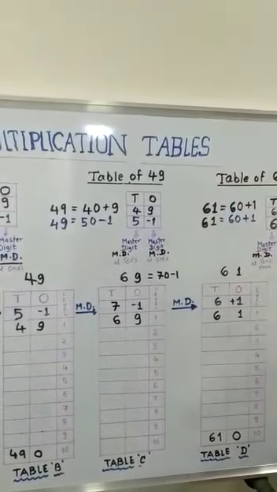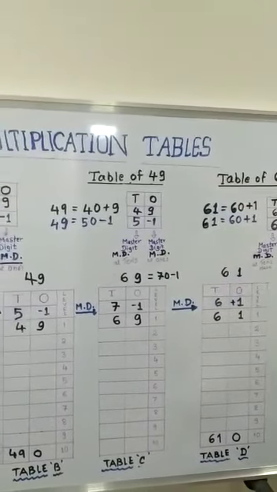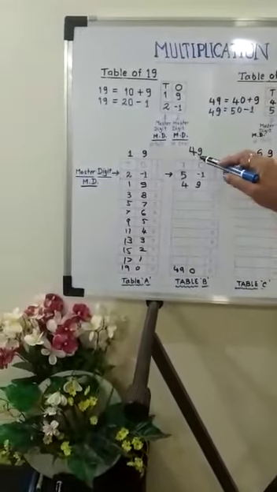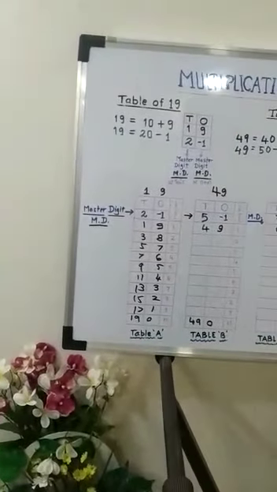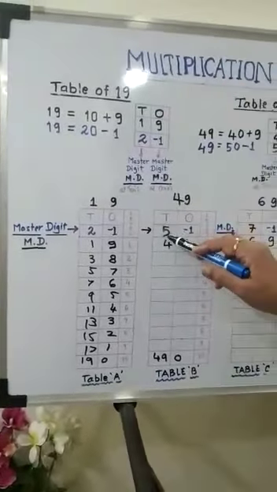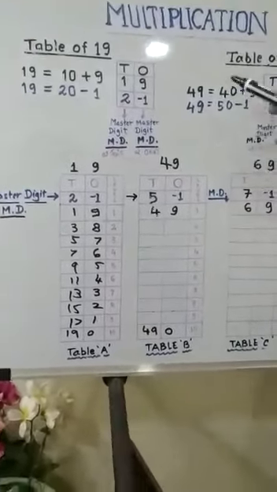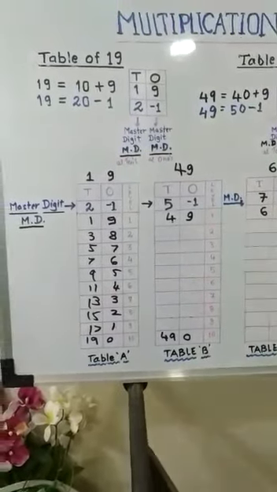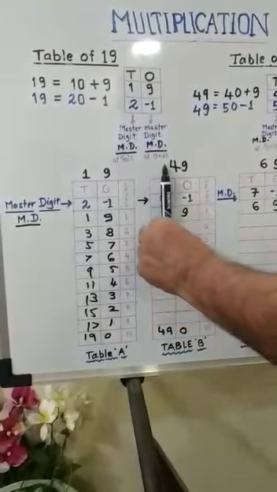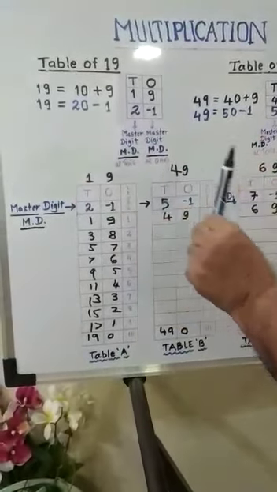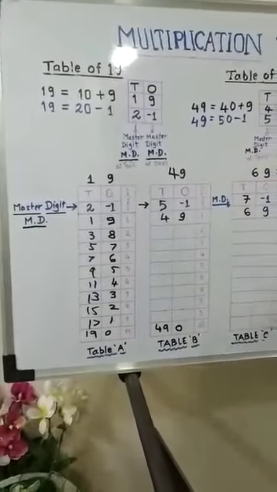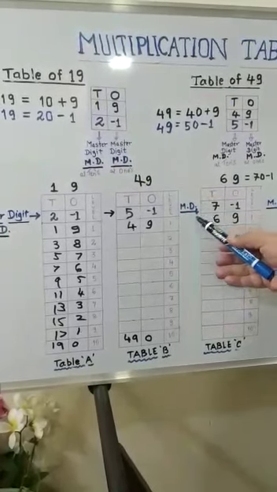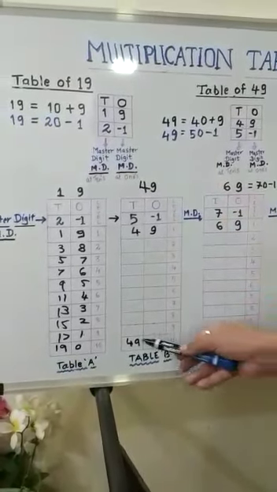Now using these master digits, you will see how we can prepare the table of 49 in a few seconds. First of all, let us write down these master digits 5 and minus 1. To complete the table we need the numbers. Initially, we will start with the numbers in the ones place only, and then we'll get the numbers in the tens place. So concentrate on the ones place. What is the last number that we can see here? 49, because we already know that 49 ones are 49 and 49 tens are 490.